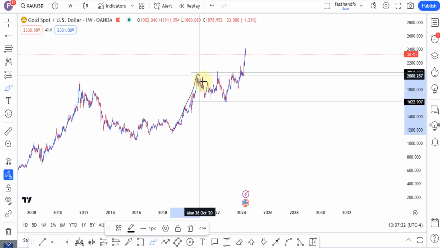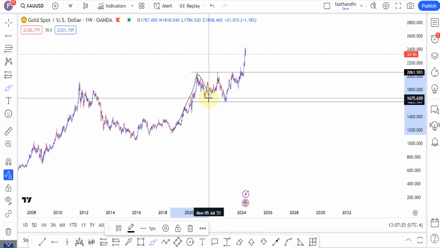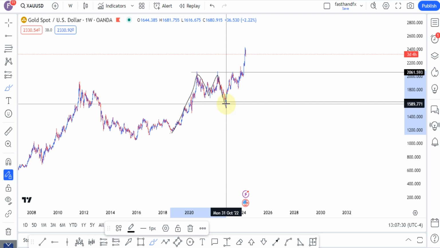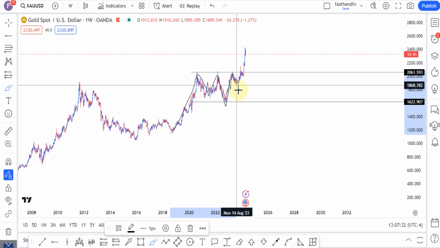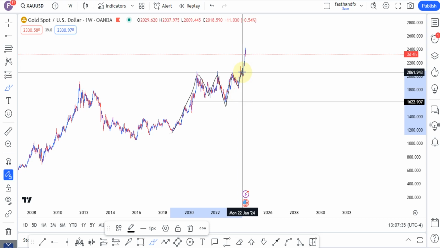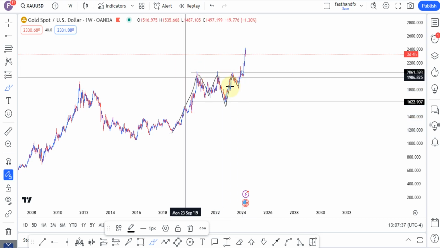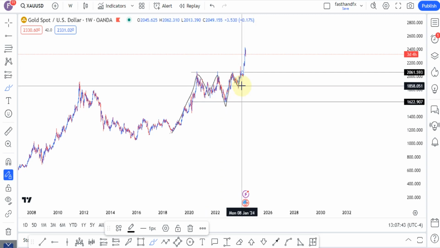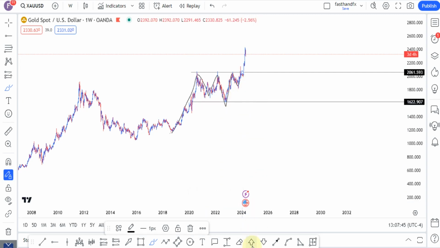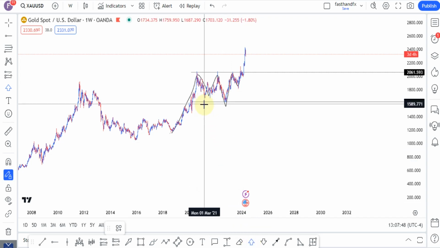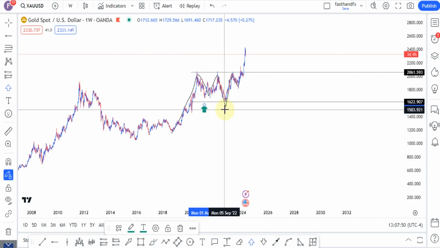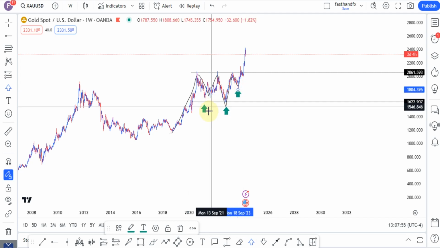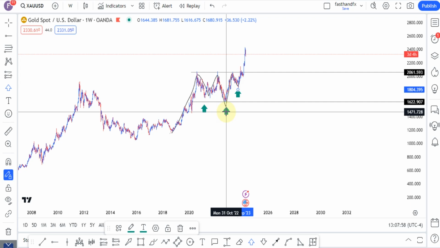This impulse move came down and gave us this left shoulder, went up, gave us that neckline, the head, then it gave us this right shoulder. So as you can see, the market gave us that left shoulder, head, then these: the left shoulder, right shoulder, and then the left shoulder, right shoulder, head, then it gave us